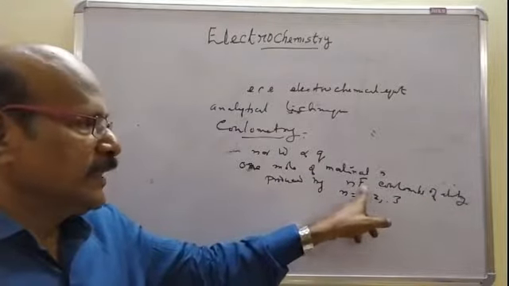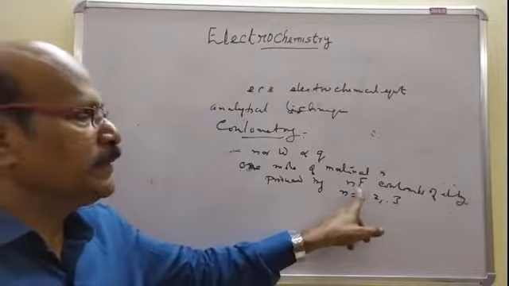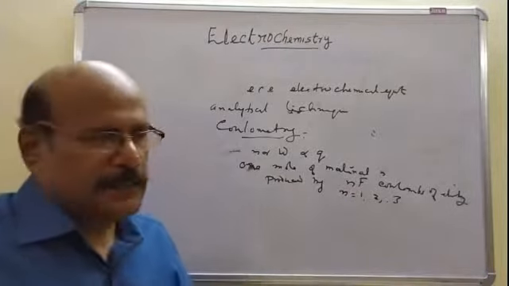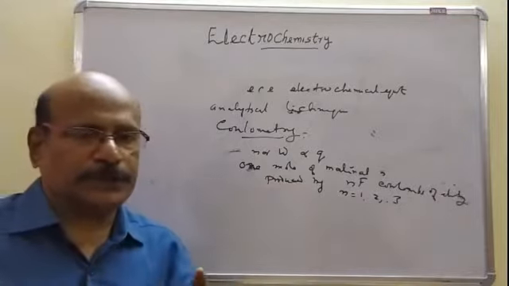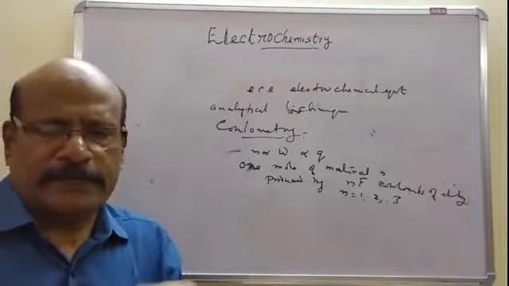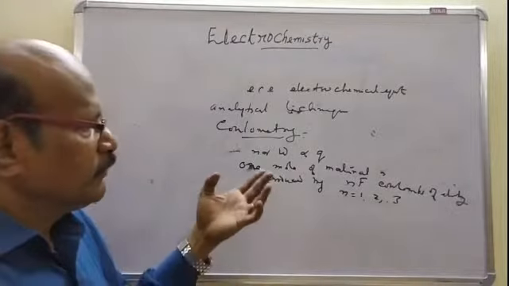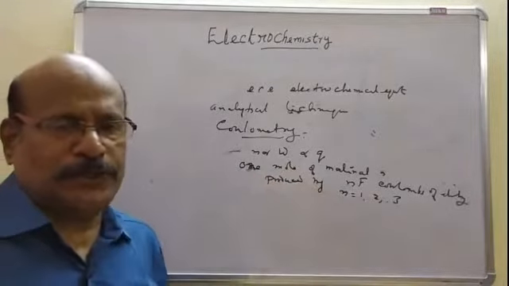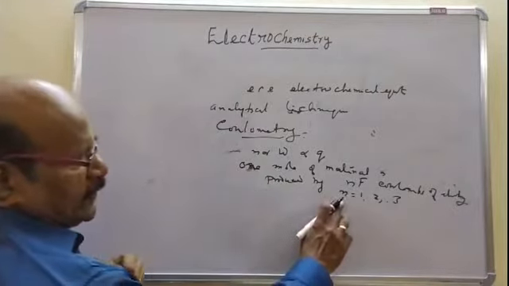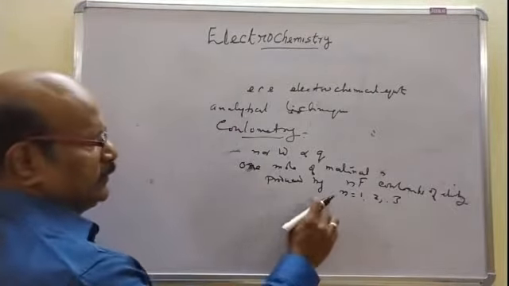So N is the multiple number of Faraday. Depending on the multiple of the Faraday, 1 mole of each material is produced. That means by the passage of NF coulomb of electricity, 1 mole of each of the materials is produced, where N is a number 1, 2, 3. So it stands for the valence of the material.